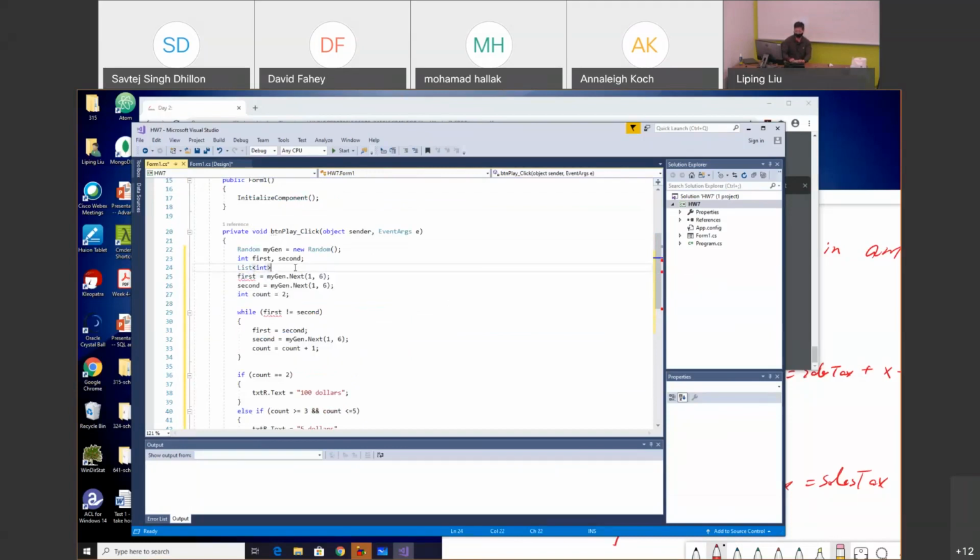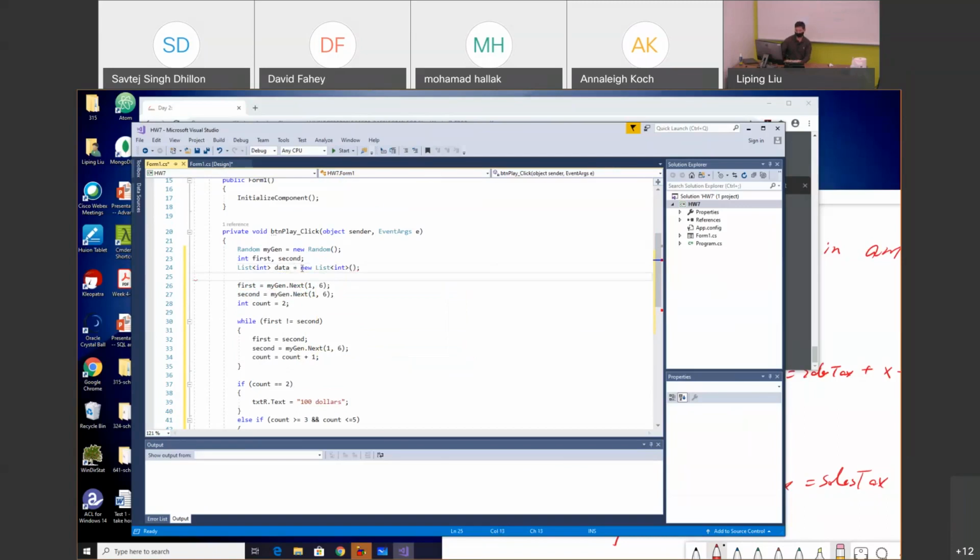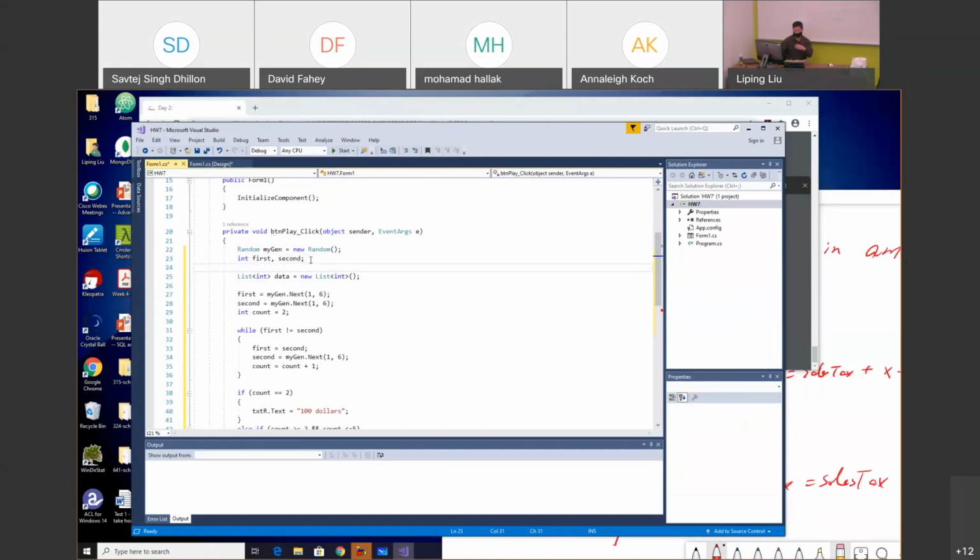Okay, so create the list first, and let's just say this is the data, okay, equals new list. And you cannot use an array in this case because you don't know how many numbers you're going to generate. So you have to use a list. A list is somewhat like a dynamic array. How many sub-blocks inside the list can be determined when the code is executed. Okay, so at this point you don't know how many numbers you're going to generate,